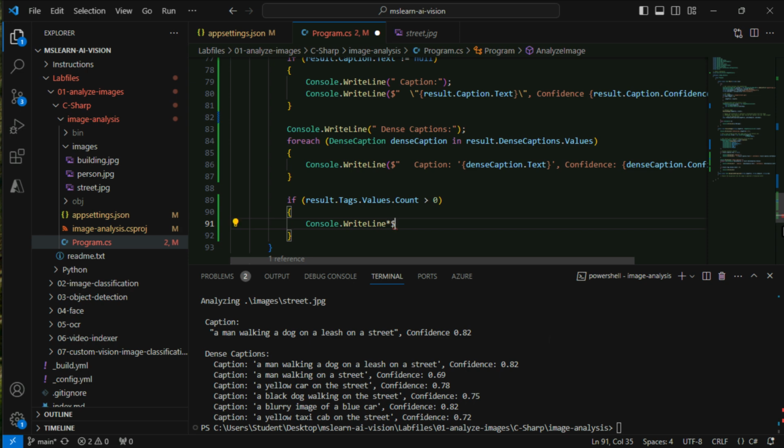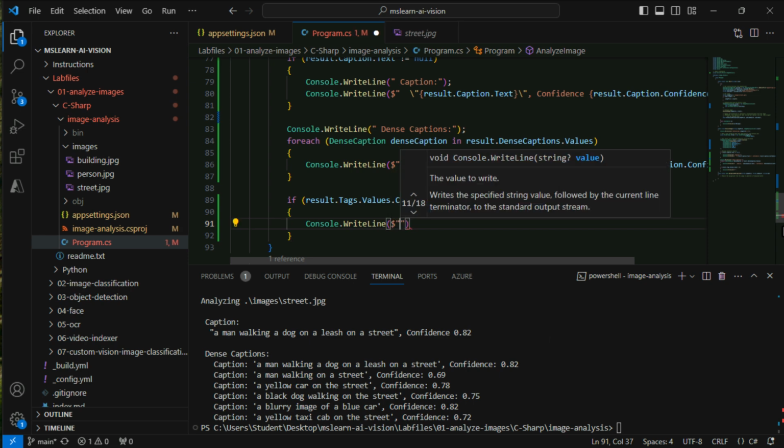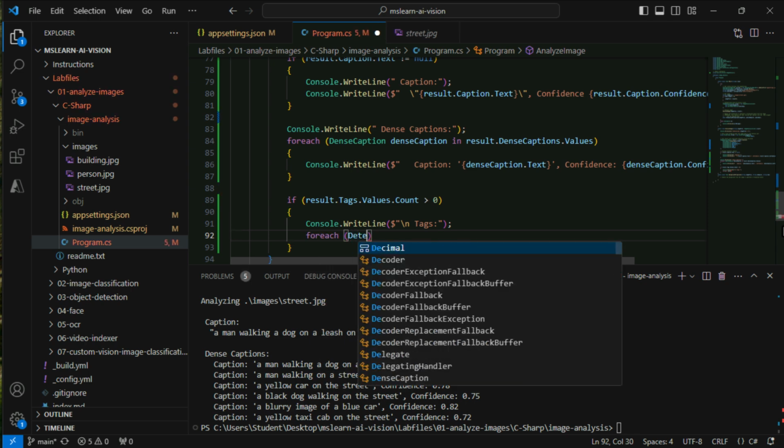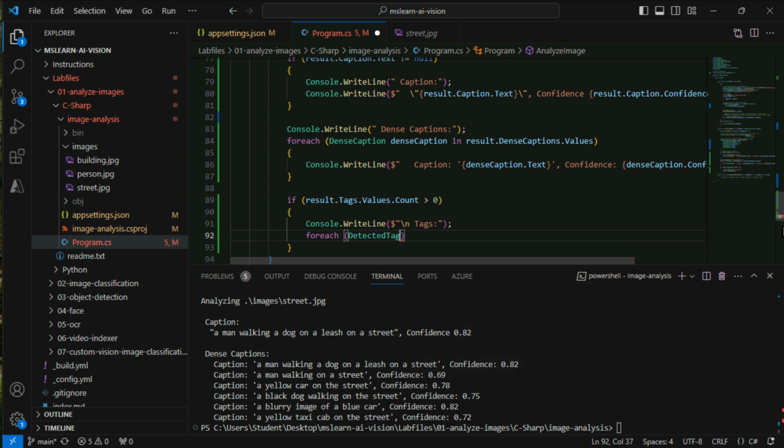So we want to do \n, and then tags, and then for each, and then we call it detect tag. Call it tag in result dot tags dot values,